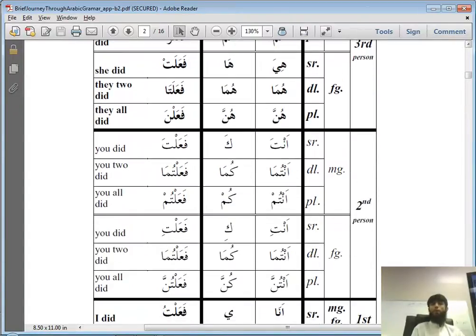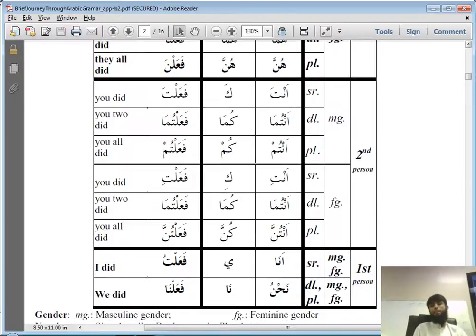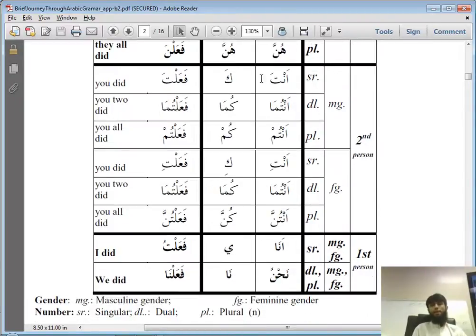Now we are moving on to second person. So anta is you, singular, male. Antuma is you, two, males. And antum is you all. So an example of anta is the dua we say after salah, Allahumma anta salam. Oh Allah, you are salam. And antum,